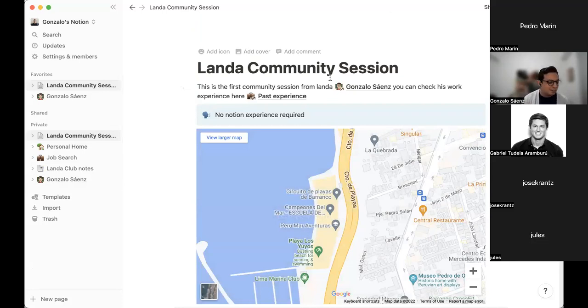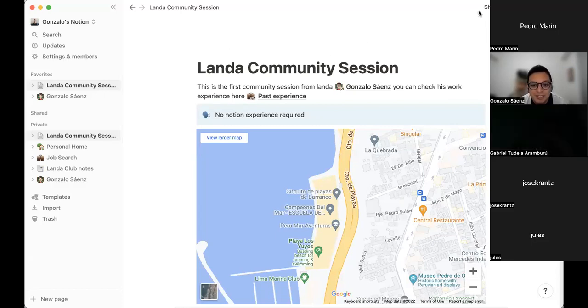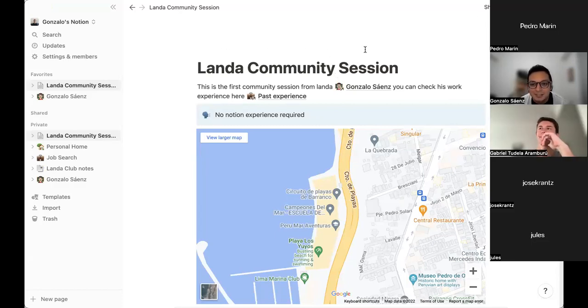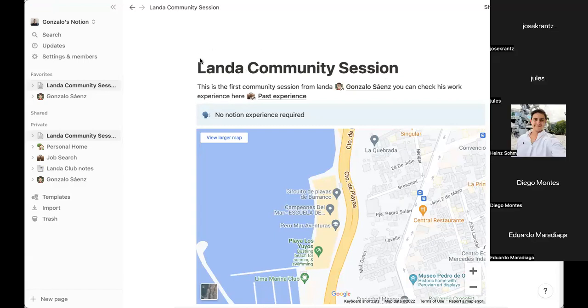So I decided to build my web page here because, as I said before, I'm using this on a daily basis. This is part of my life. I manage my life here. So using the same platform for my web page also reduces the friction. I see a message here from Gabriel that Lambda does too. So that's amazing. And what I wanted to do with my life is to reduce the friction of using several tools, you know?